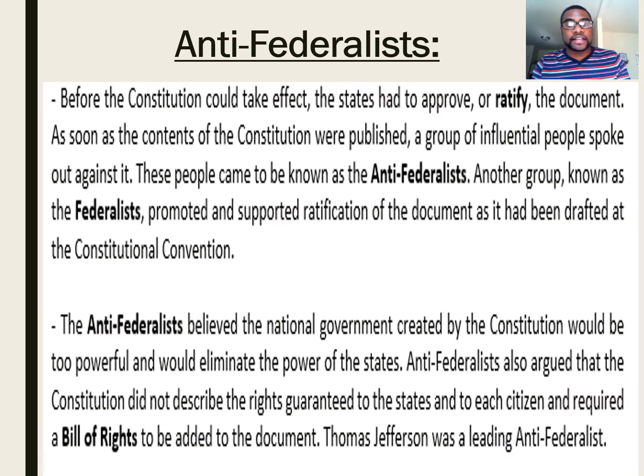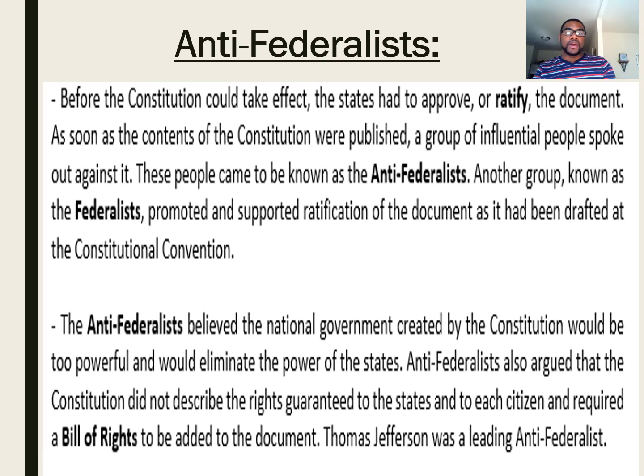Anti-Federalists. Before the Constitution could take effect, the states had to approve or ratify the document. As soon as the contents of the Constitution were published, a group of influential people spoke out against it. These people became known as the Anti-Federalists. Another group known as the Federalists promoted and supported ratification of the document as it had been drafted at the